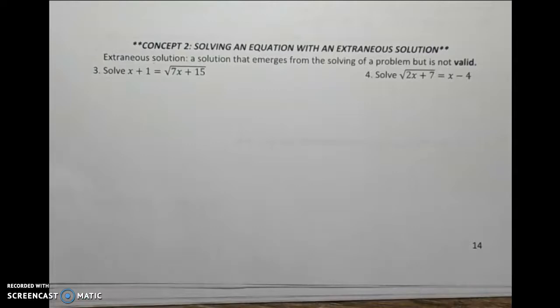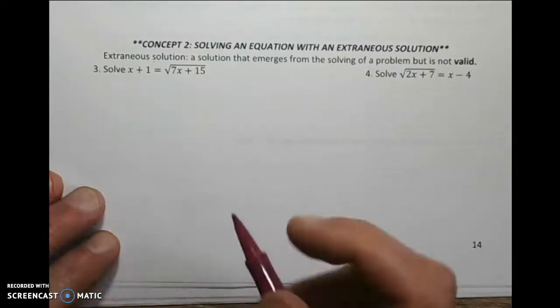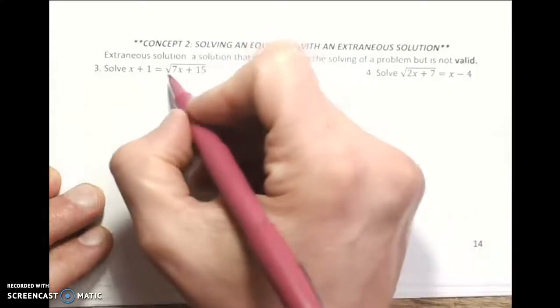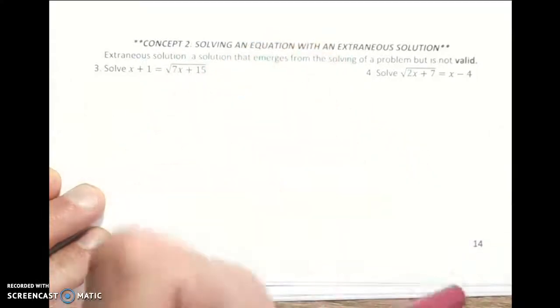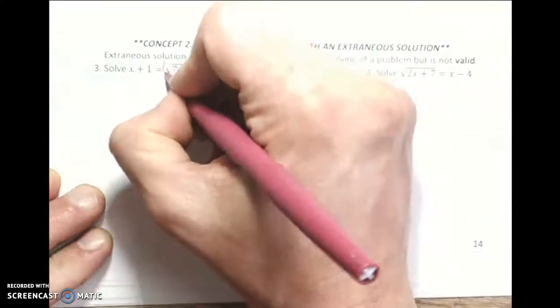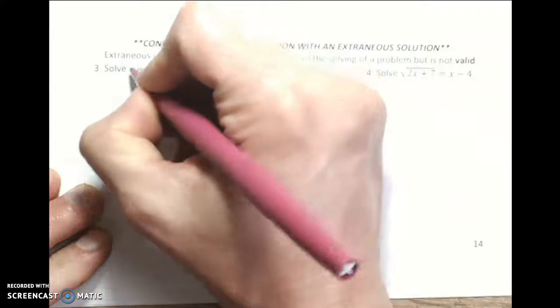Okay, again, an extraneous solution is a solution you solve for to be correct, but when you plug it back in at the end, it doesn't actually work. It's not a valid answer. So in this case, I look here and I get this radical. It is all by itself. I don't need to isolate it, but I am going to go ahead and get rid of it by squaring